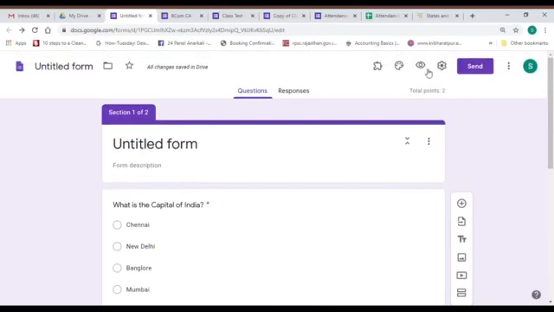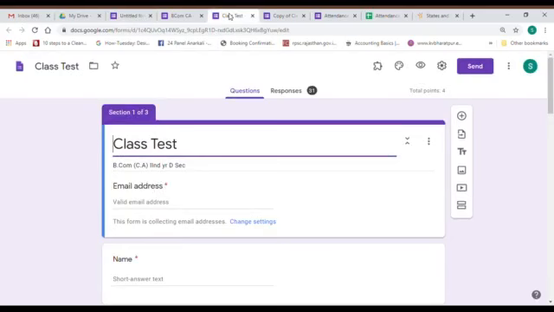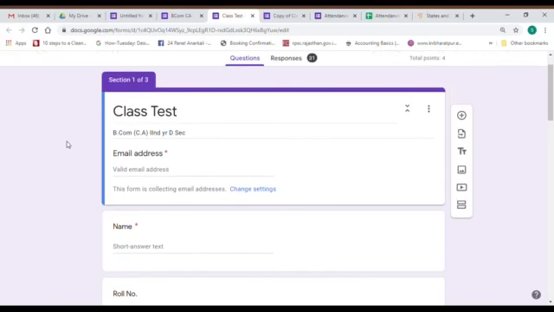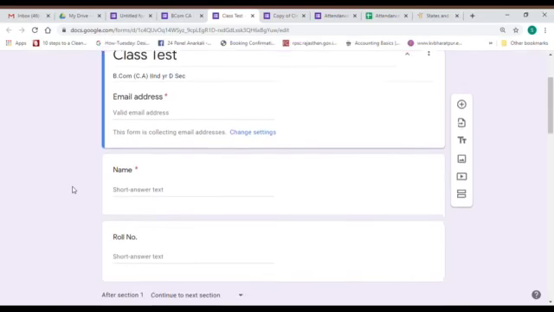Other things, settings and sending the Google quiz, are similar to the way we did in the Google form. So I have already created some tests and taken the responses from my students. For example, this is the test. I have given the following fields. This is the title, form description. I have selected the option email address. Then I have given the name, roll number,